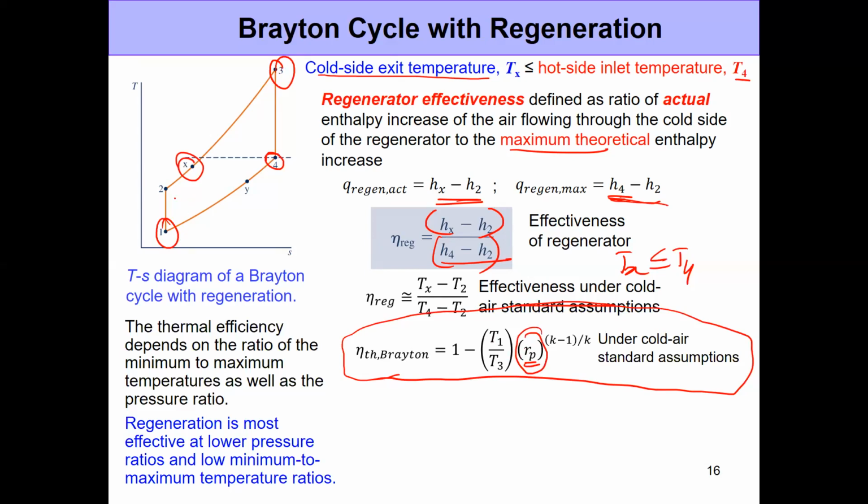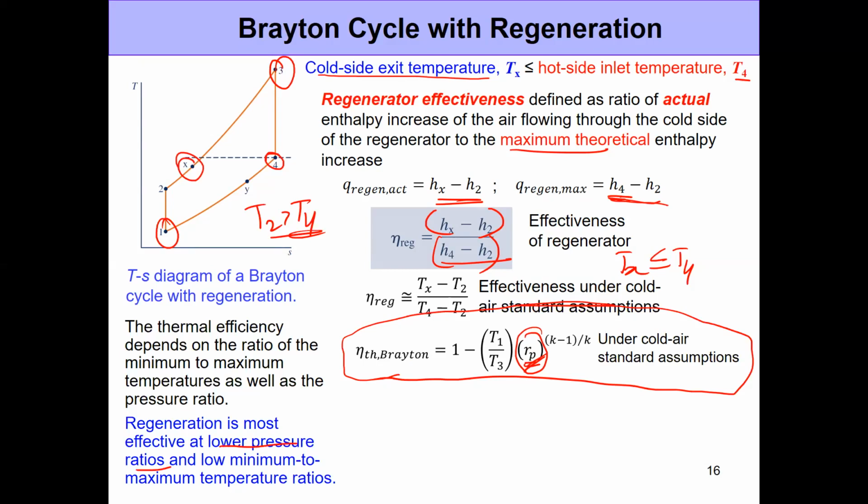And the reason it depends on pressure ratio is pretty obvious. If the pressure ratio is very high, there may be a point where T2 becomes greater than T4. And when T2 is greater than T4, it makes no sense to have a regenerator, okay? The heat transfer occurs in the opposite direction. So the thermal efficiency for a Brayton cycle, when you have a regenerator, certainly depends on the pressure ratio that you're operating. And regeneration makes most sense when you're dealing with lower pressure ratios, okay? At high pressure ratios, well, it may not make a lot of sense considering the economic cost involved for installing